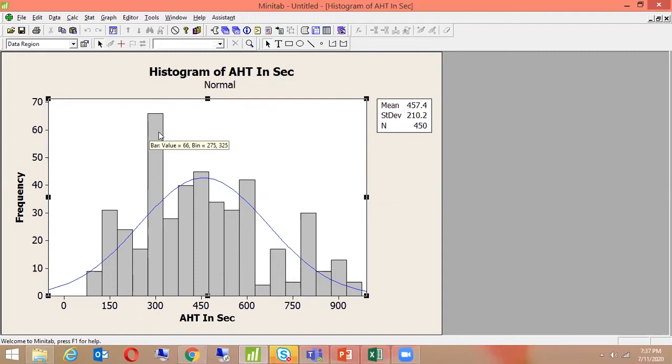If I look at this bar, can someone tell me what it says? It says there are 42 occurrences between 575 and 625. Absolutely. So what the histogram tells me is which of the bars has the maximum number of occurrences, and which range that occurs in. If I want to make a decision with the handling time data, we all know the lesser the handling time, the better, which means we are taking very less time to process one transaction or one particular call.